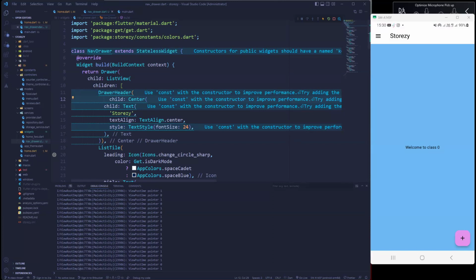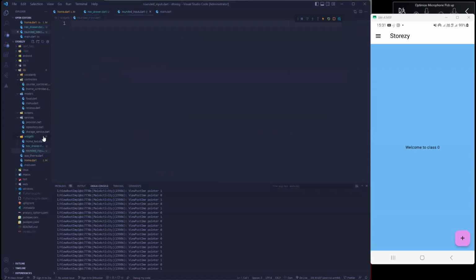Now we're also going to need another widget that we're going to create. It's going to be like a rounded input, a text field, for us to be able to input stuff. Like I said, one of the things you have to be doing is creating reusable widgets, which of course I want to believe you guys know already. So let's just create one. I'm going to call it